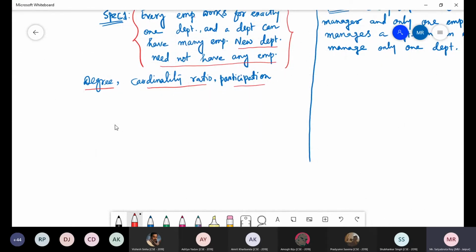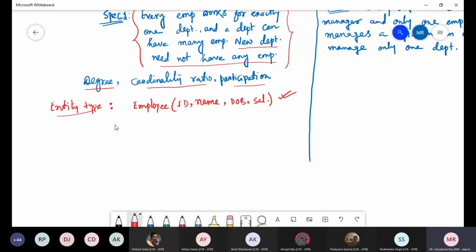So I was mentioning that there is a term entity type. Entity type is nothing but the structure of the employee entity. If you say employee, then an employee may have an ID, a name, a date of birth, and some salary. So this is what the employee entity type is.